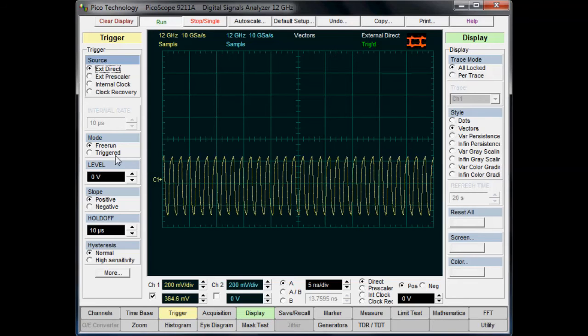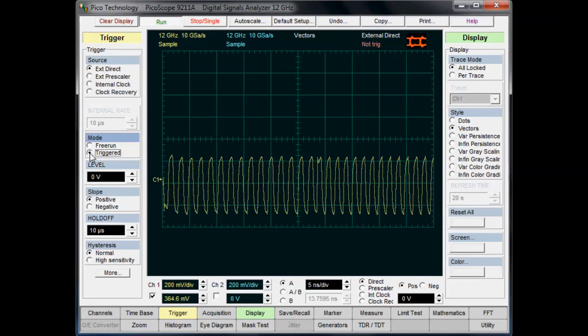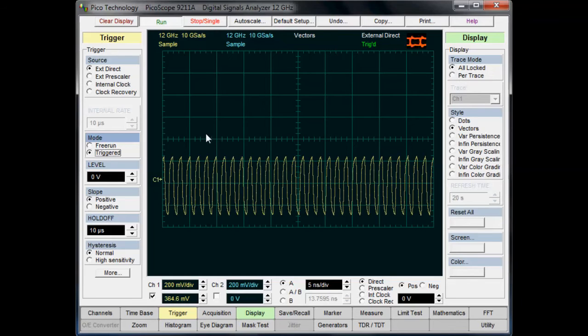This is in a free run mode, so it always forces the instrument to do a sweep and trigger. If I select trigger here, it is triggered now because we have a waveform. But again, if I remove the waveform, we see it's now not triggered. And if I go to free run, it will force a trigger, so there is always a display. So I'll go back to trigger mode and apply my signal again. So there we see my clock signal